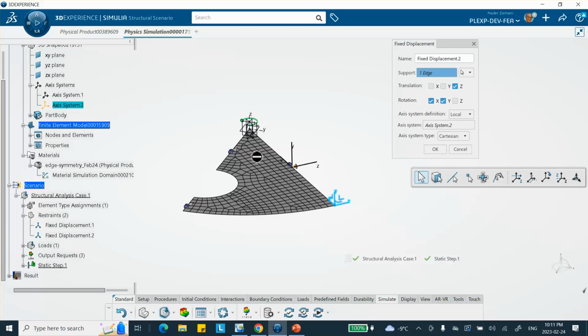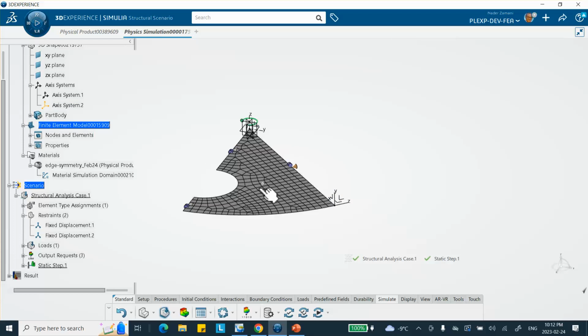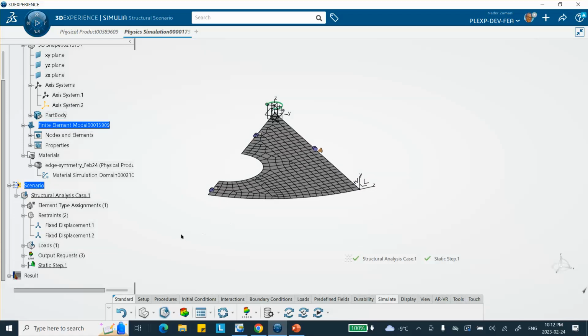I mean, this is too free to move as a rigid body in the vertical direction, but I suspect that internally it is taken care of, because there's nothing in here which actually prevents the motion in the vertical direction. However, it just ran, and I suspect that it's internally taken care of. It doesn't happen in some other software. But anyway,